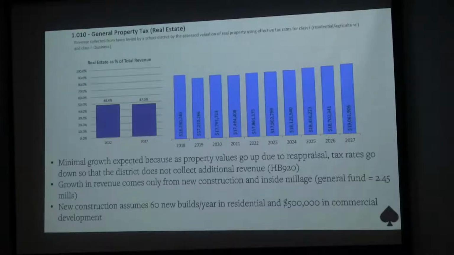Other economic development tools, like TIFs and CRAs, are tax abatements, so the school district again does not receive additional revenue if those abatements go through. Long term, yes, after 15 or 30 years when the abatement falls off, the district will see more revenue. But as far as the 5-year forecast period is concerned, those economic development tools are not going to generate additional revenue in this line item.